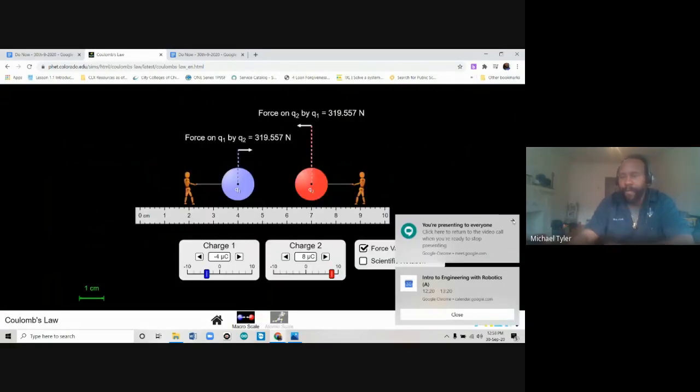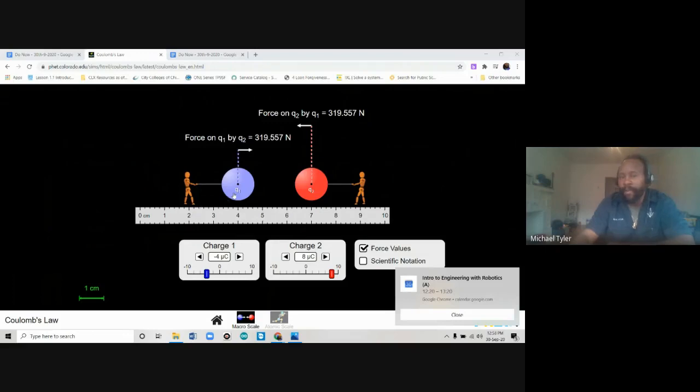Now, in the macro scale, we had Q naught, and you can have up to Q1000. But you notice this is Q naught, and I showed you how you had to subscript things before or raise them to a power. This is why. Remember I talked yesterday about micro, that little symbol there, right? That's for charge, and coulombs is C. So scientific notation, make sure that's turned on, and you'll see exactly what I've been discussing to you guys in terms of what we've been calculating. Okay, so make sure force values, scientific notation is turned on.